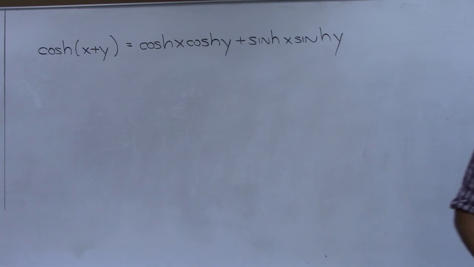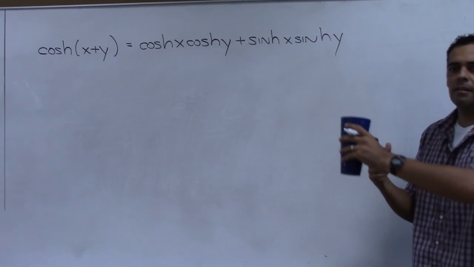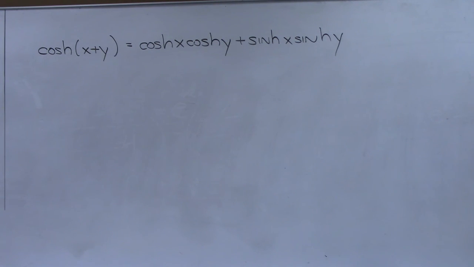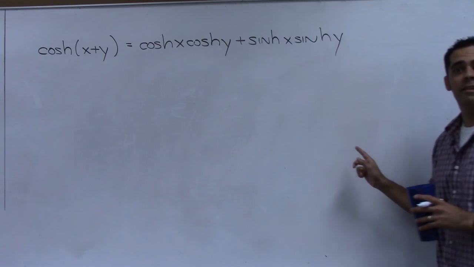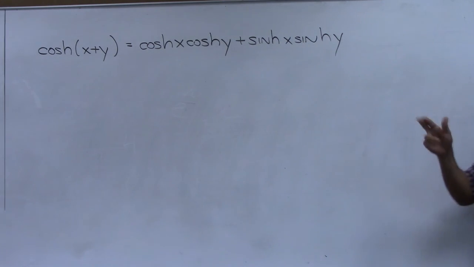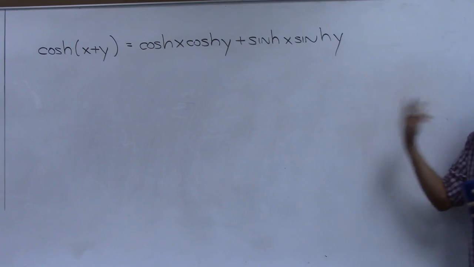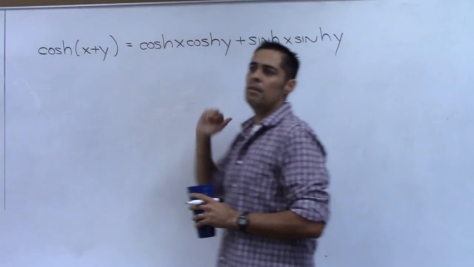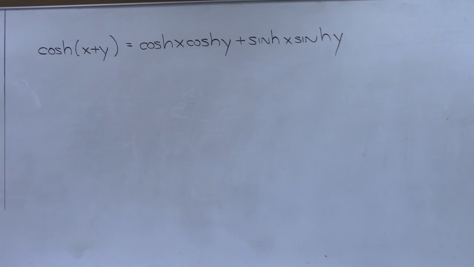All right, so this one I'll ask a volunteer. Can anyone tell me what formula this is like from pre-cal? Yeah, it's like you're thinking double angle formula. There's also on your formula sheets usually something called the sum and difference formulas, like sine of x plus y, sine of x minus y, cosine of x plus y, cosine of x minus y. This is similar to that. This is a sum formula for the hyperbolic cosine function. And according to the formula, that's what it is. So we need to show that that's true.